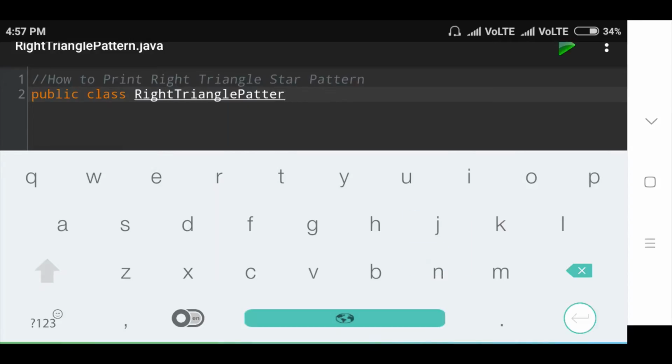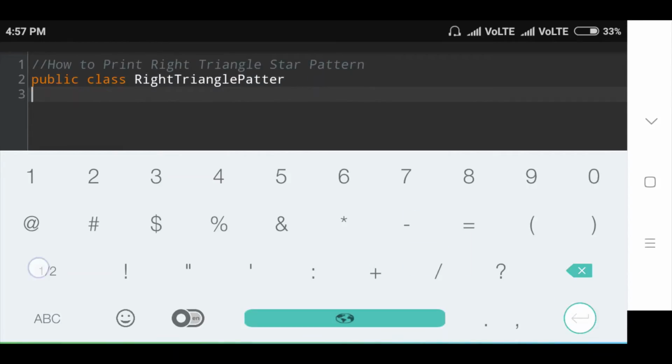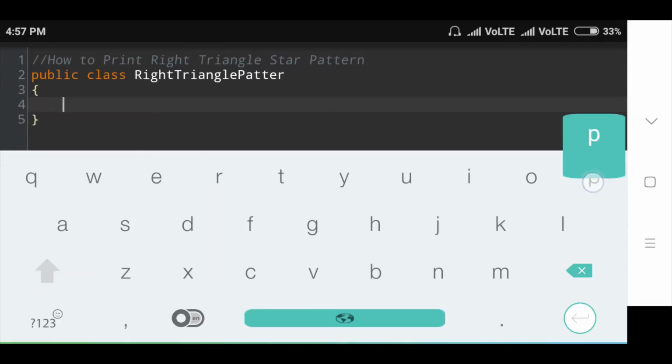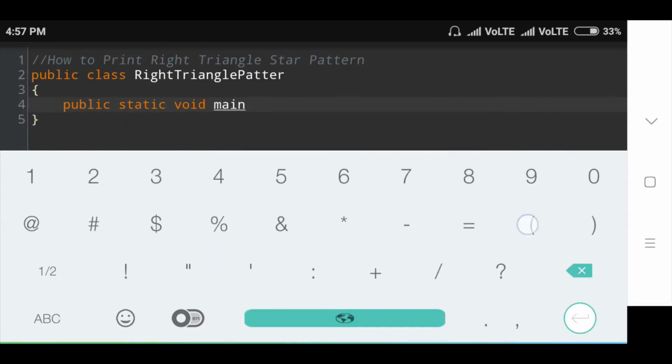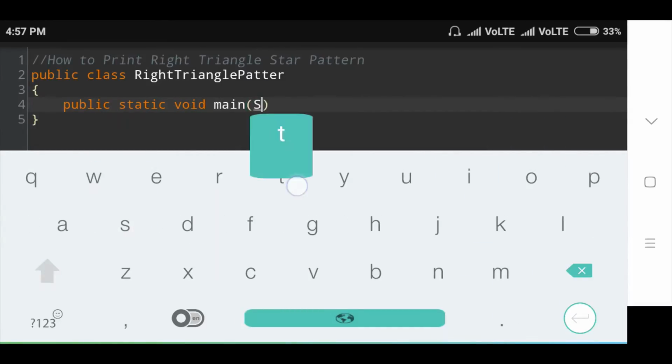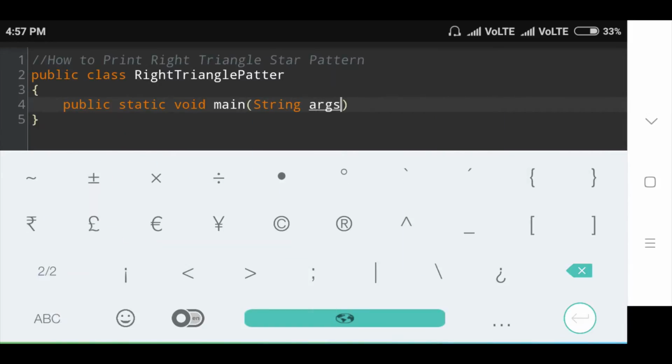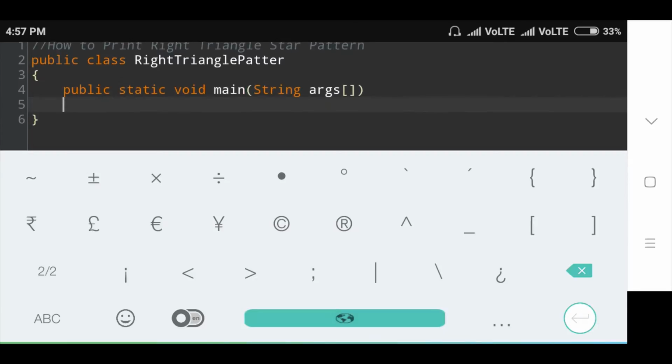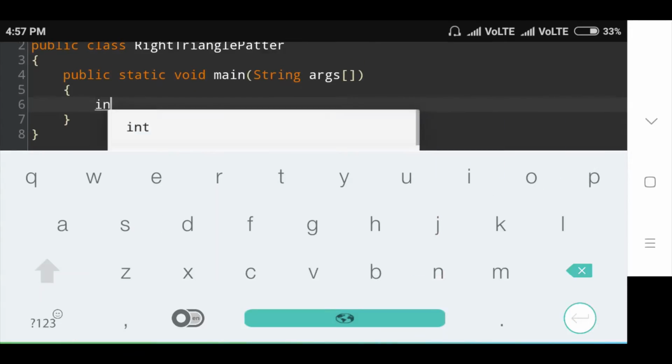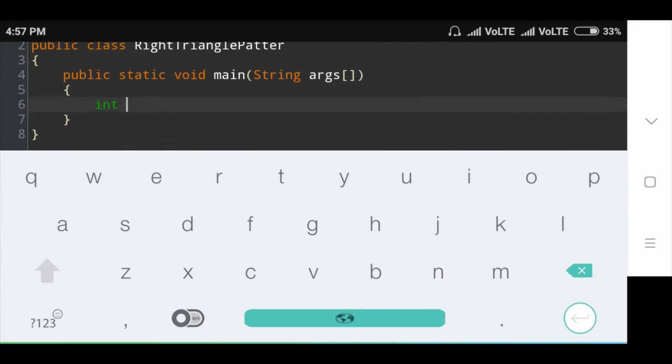Inside this class I will create the main method, public static void main String args. Inside this main method I will declare integer variables, int i, j.